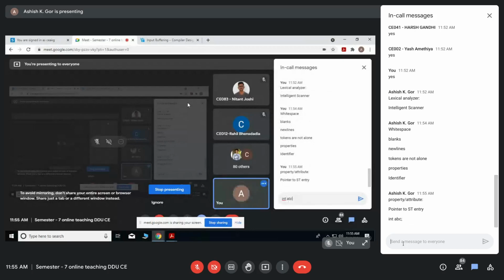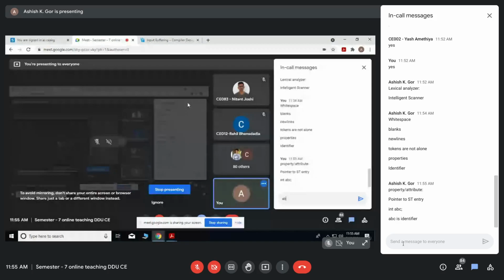This ABC is an identifier, the name of a variable. ABC is given a particular entry in the symbol table data structure. The address of, or pointer to, that entry is an attribute of that identifier. So not only is the category or token of the variable returned to the parser, we are also returning the symbol table entry pointer to the parser.